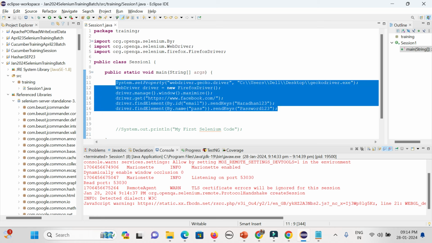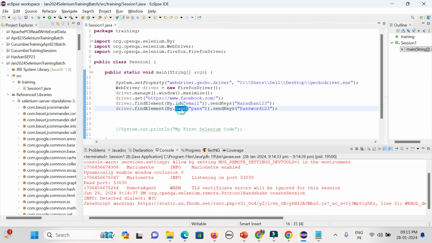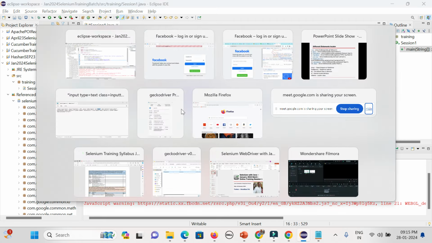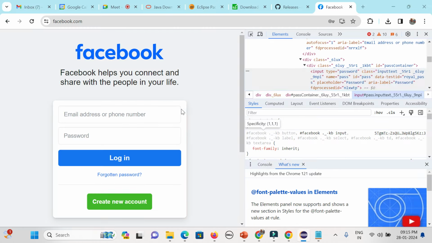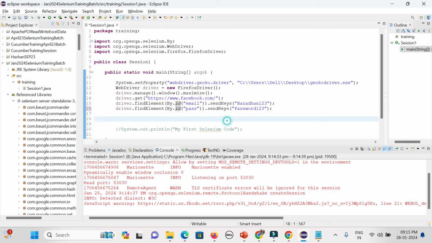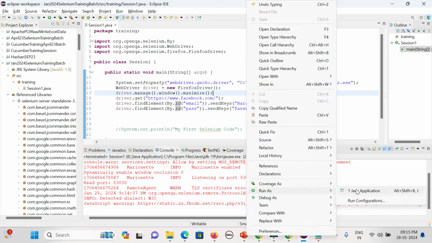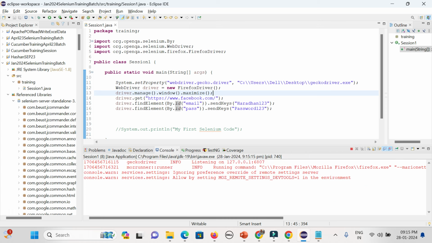Yes, tell me now. I can give it, but I tried to give you a different thing. It will work with ID also. It is not like that; I tried to give you another option. So what is the ID? ID is also passed, so it will work. Let's see whether it is working or not. It should work the same way with any element locator, which should be unique in nature. That's all.